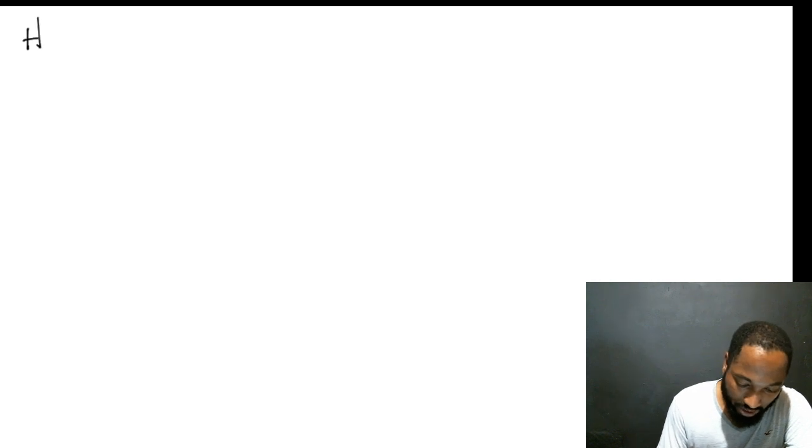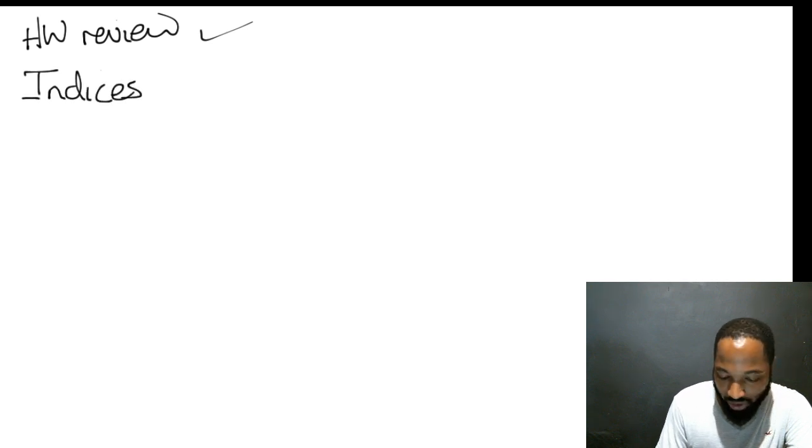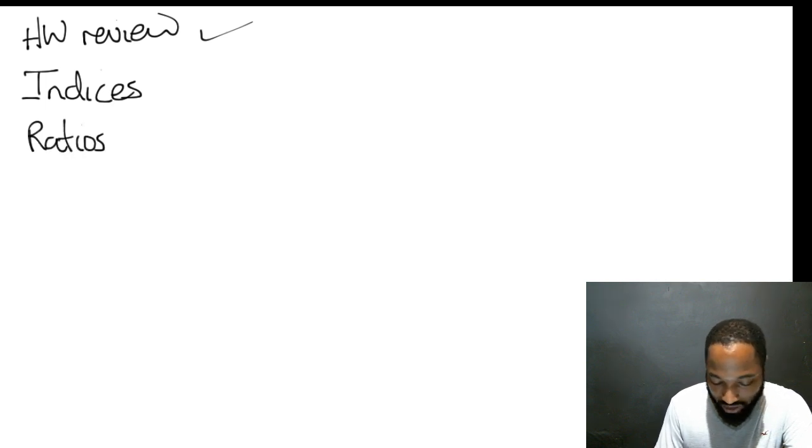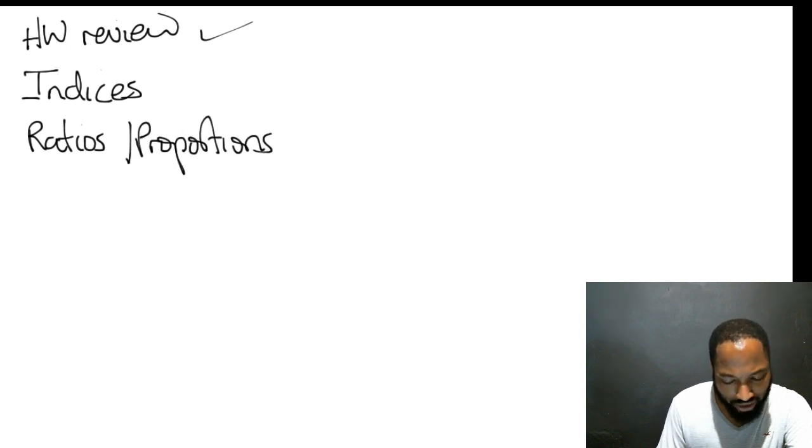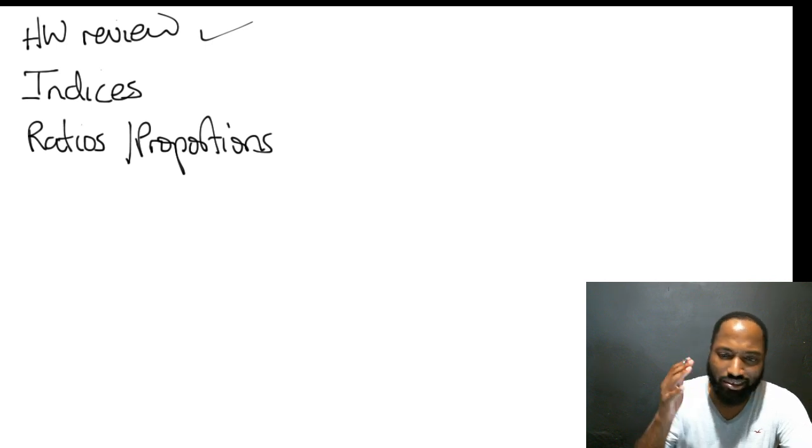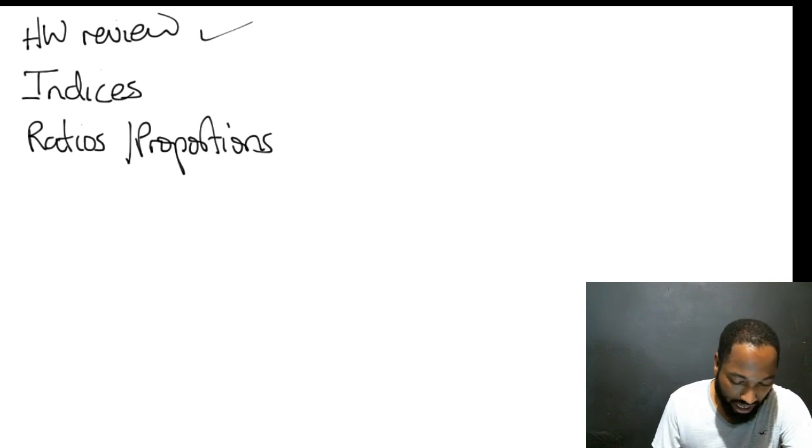Alright, so let's get into today's class. We have a lot of stuff to cover. We already did the homework review, so that's good. We want to do indices, and remember we're going from the syllabus, so we'll be going through the entire thing. We want to do ratios and proportions, which are starting to really show themselves in CXC these days. Proportions, not so much, probably never really see that, but indices. Profit and loss.